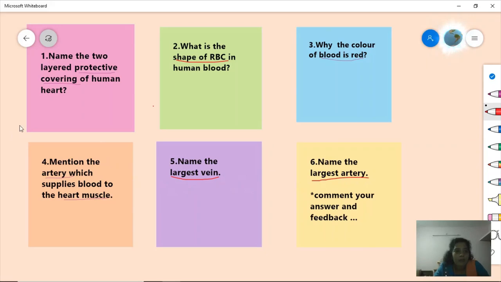Once again, I repeat the questions. Number 1, name the 2-layered protective covering of the human heart. Number 2, what is the shape of RBC in human blood? Number 3, why is the color of blood red? Number 4, mention the artery which supplies blood to the heart muscle. Number 5, name the largest vein. Number 6,